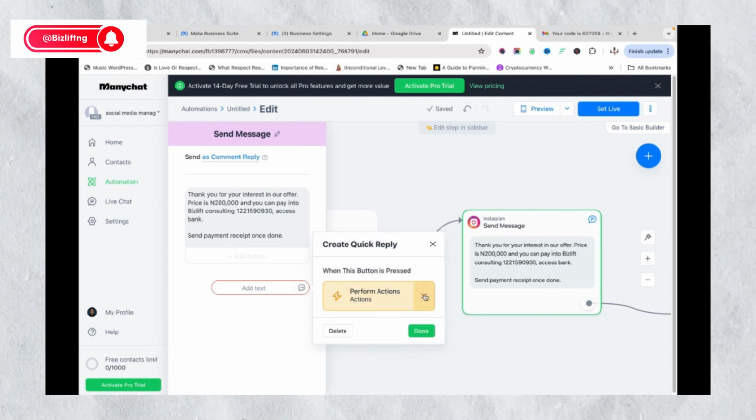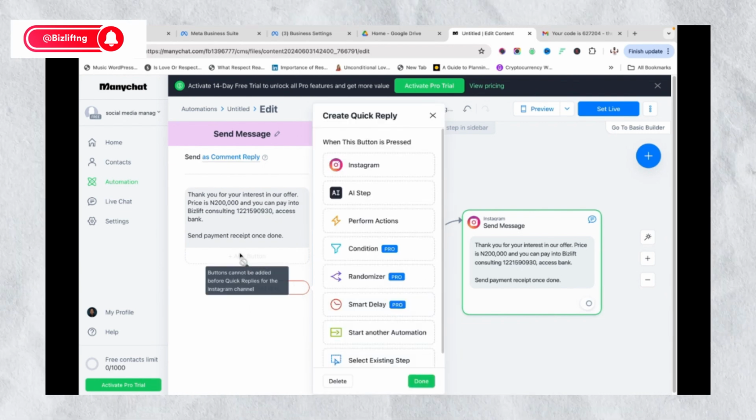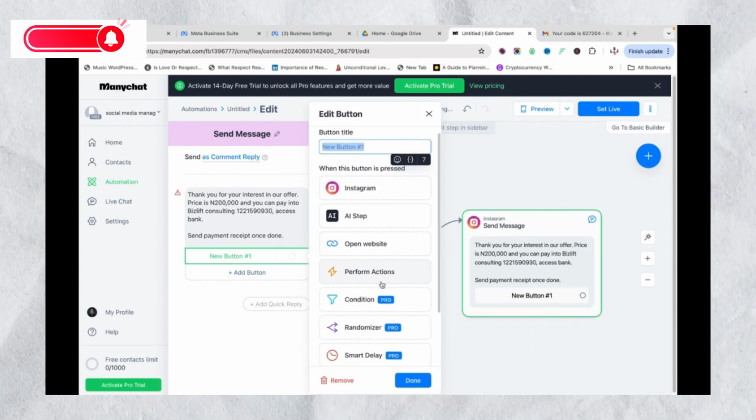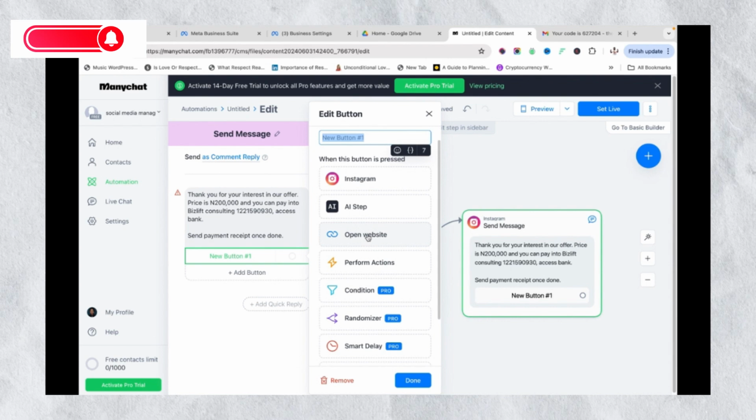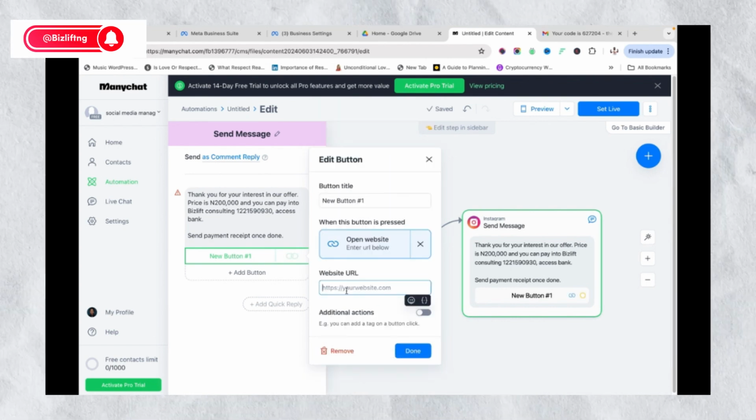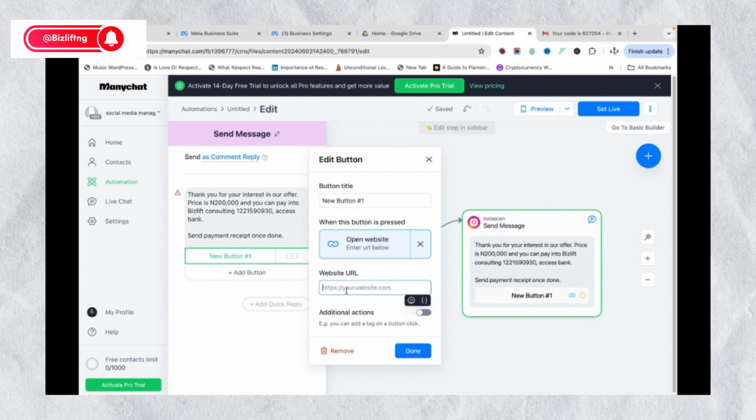Okay, so it's supposed to be the add button. Yes, add button means we can now add. Once they click, we can take them to open website. Yes, that's what I was looking for, open website. So if there was a website where they will make this purchase, we can let that website show underneath, right? Let's say